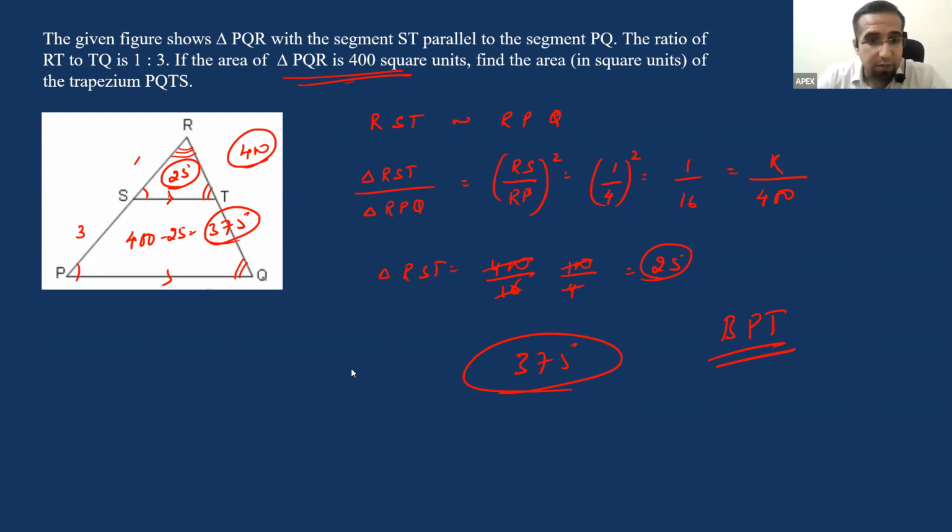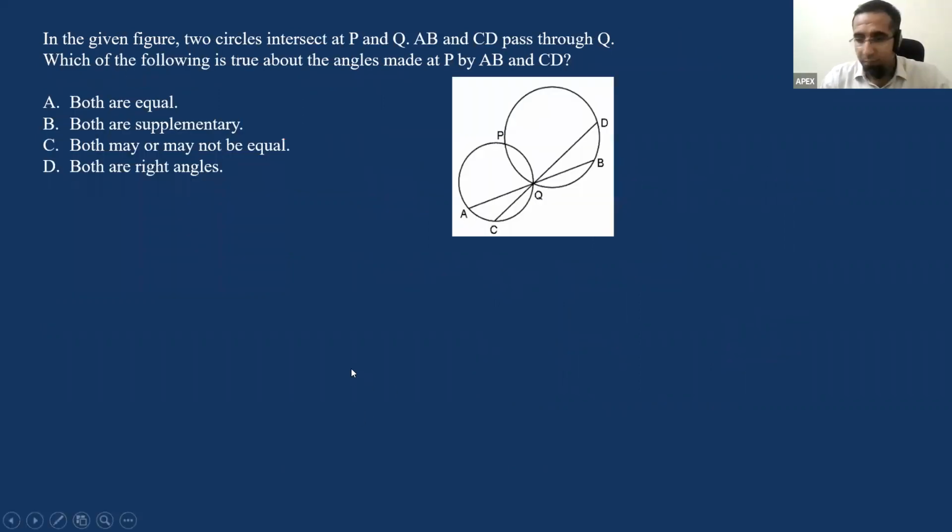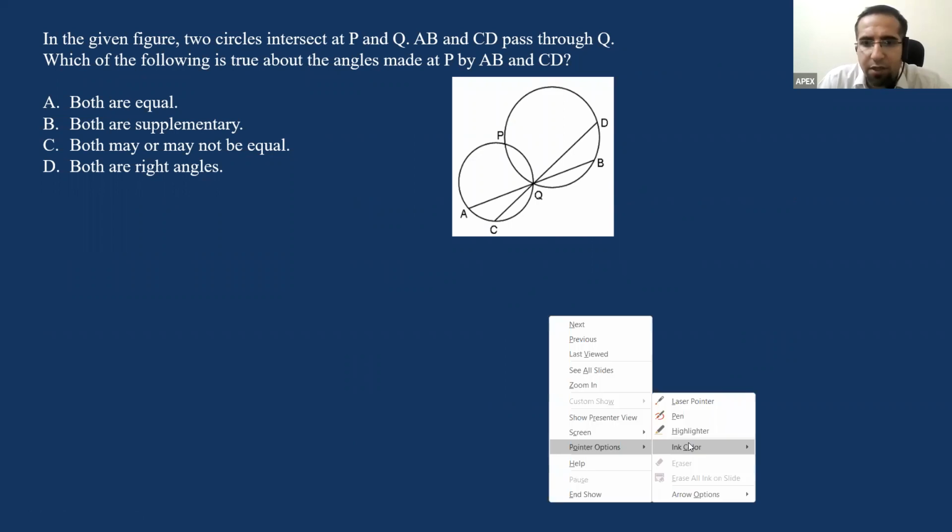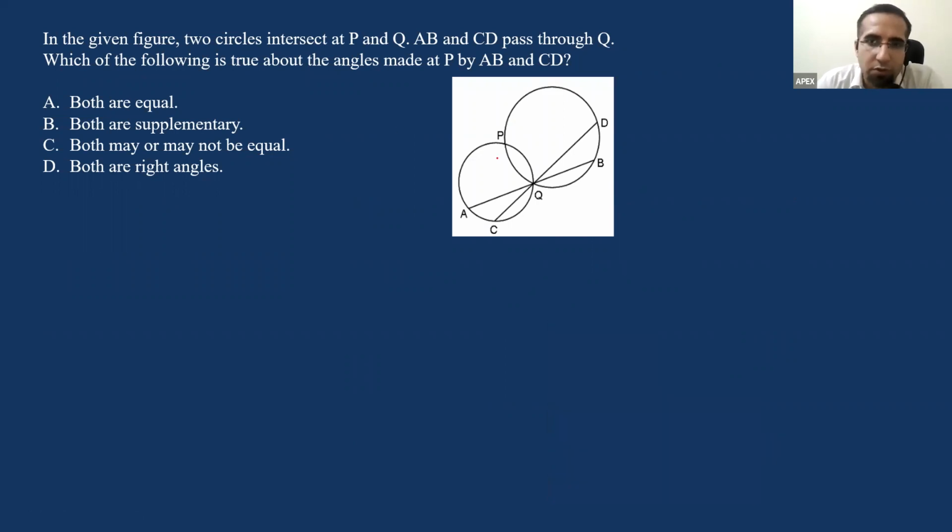Let's look at the next question, guys. Next question is again coming up from geometry or circles. Now this question says that in the given figure, let's use red ink, two circles are intersecting. I want the angles made at P by AB. So if I attach AB here,